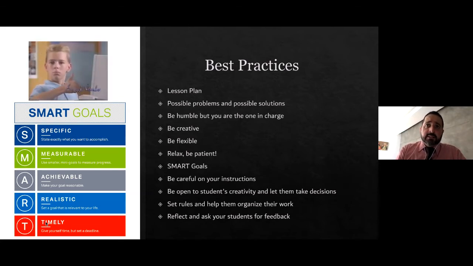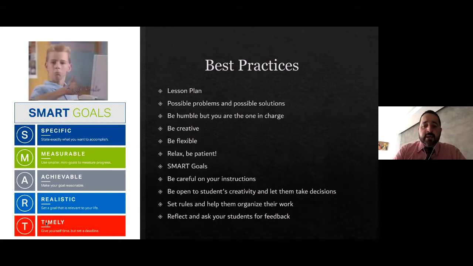As an adult, if you give me 20 steps, probably I will follow 18 or 16 of them. So if you set 20 instructions for your kids, they're going to be lost. So try to set 4 or 5 instructions and be simple. And take into consideration those instructions have to help your students to be independent.